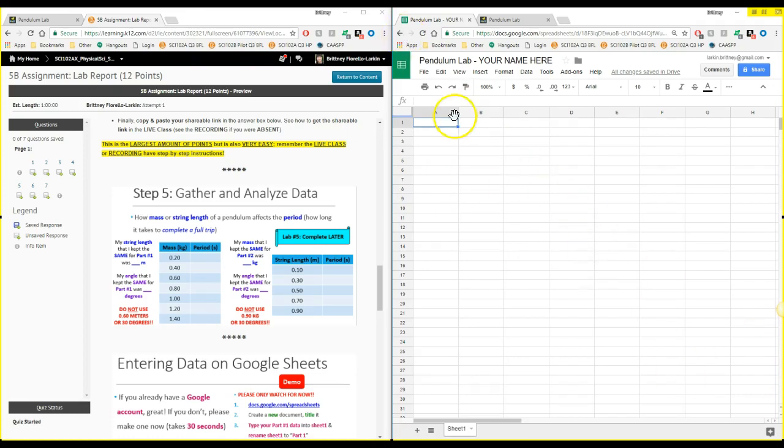Awesome. Here I'm going to put mass in kilograms, and period in seconds. Then I'm just going to copy down the masses: 0.20, 0.40, 0.60, 0.80, 1.00, 1.20, 1.40, and there you go. So I've got exactly what it looks like right here.